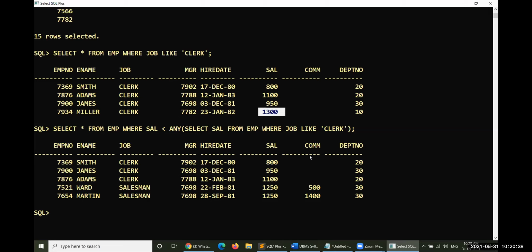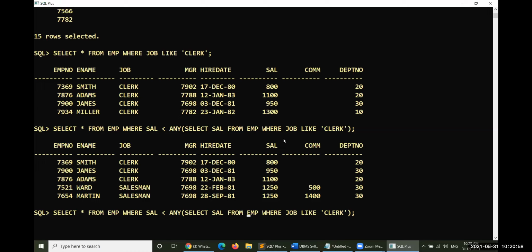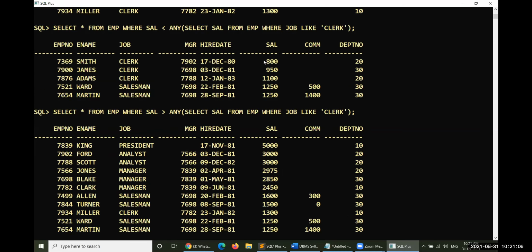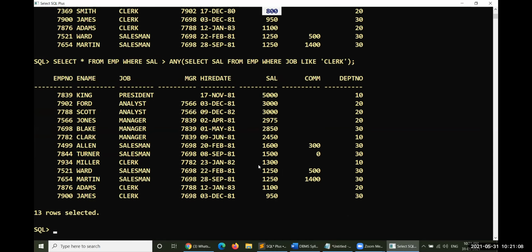Obviously, only one person is there with 800, the minimum value of the entire organization, so you get the remaining 13 or 14 rows. Let us see how this works. Previously the operator was less than any, now it is greater than any. You can see 800 is the minimum salary of clerks, then all these are the result.